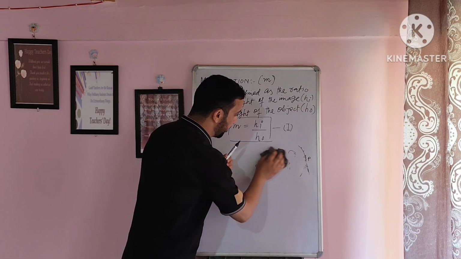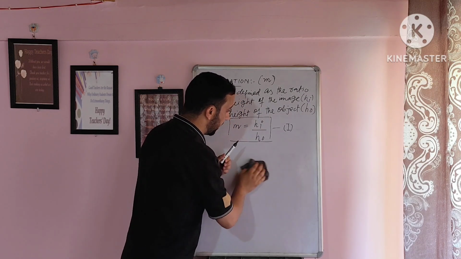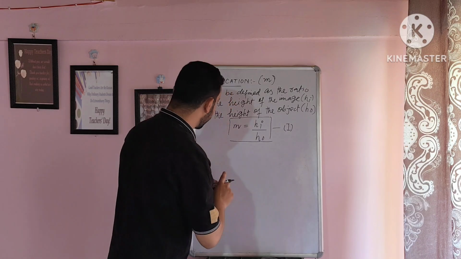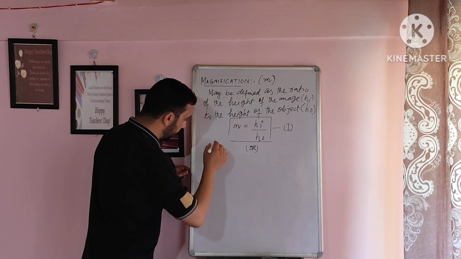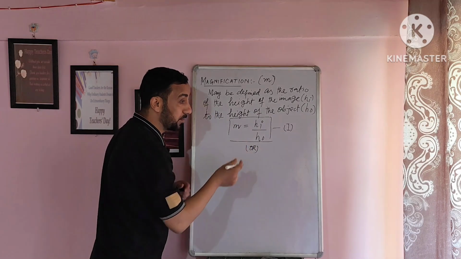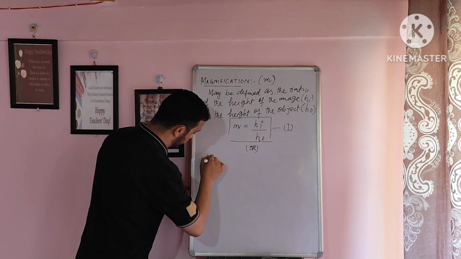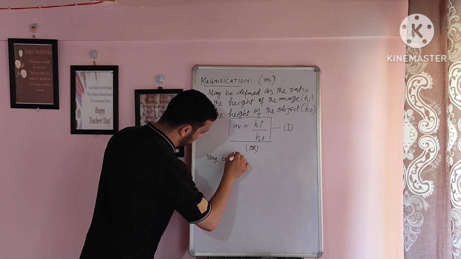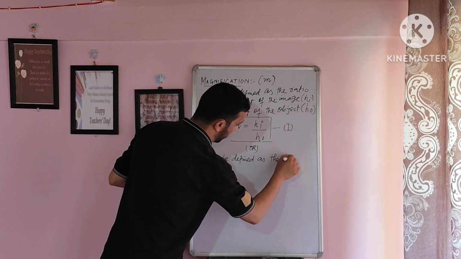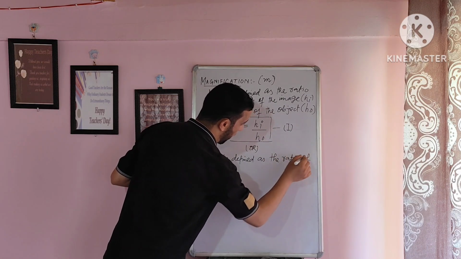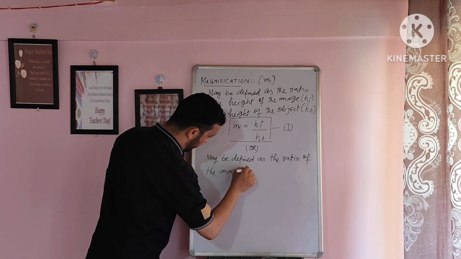Okay, now I will rub this, and we will try to concentrate upon definition number 2 of magnification. Dear students, this is definition number 2. This magnification may be defined in terms of object distance and image distance, as the ratio of the image distance